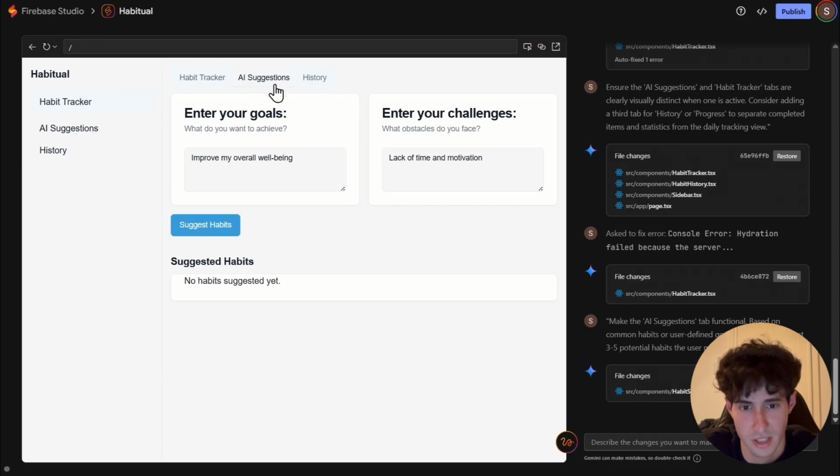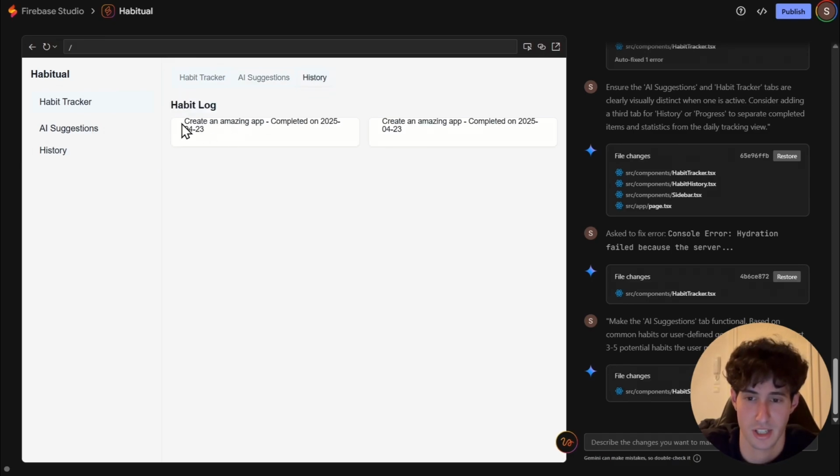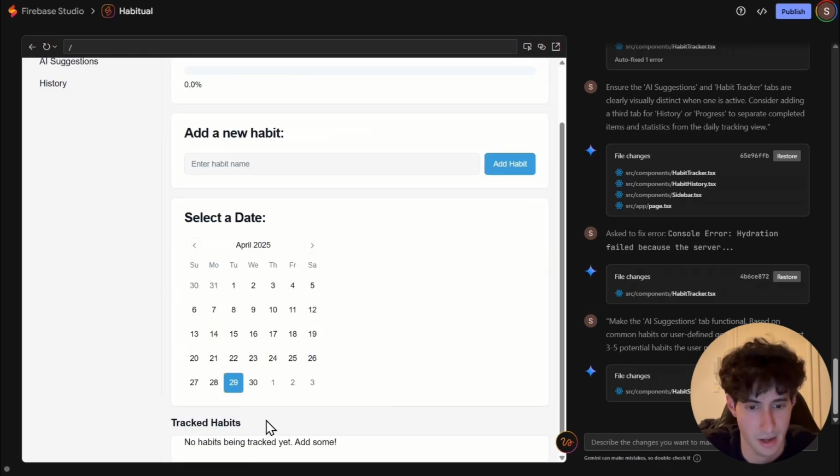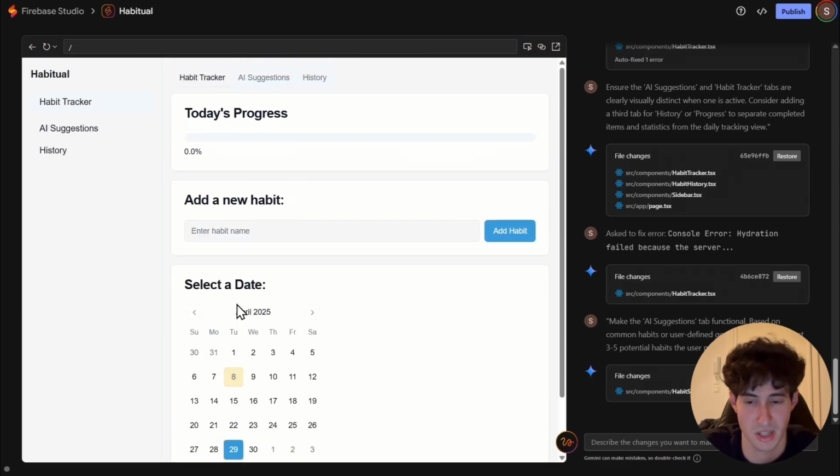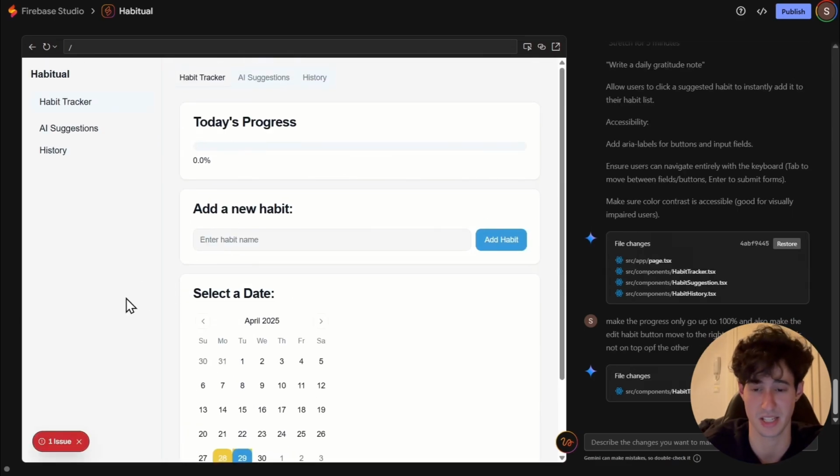Let's also see, here we have the suggestion section. I made no changes in this one. Here we have a history, where we can see all of our habits and when they were completed. Alright, so we have this now. Let's make some more changes. And we're back. I made some very small changes to make it look slightly better, improve a little bit